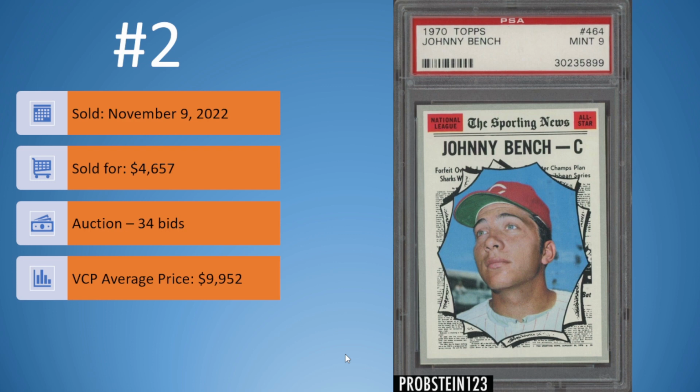This sold on November 9th for $4,657. It was an auction, 34 bids, although it sold way below the VCP average price of $9,952. There are 12 copies of this card in a PSA 9, but no PSA 10. So this is the highest graded copy of the 70 Bench All-Star card, but sold for about half the average